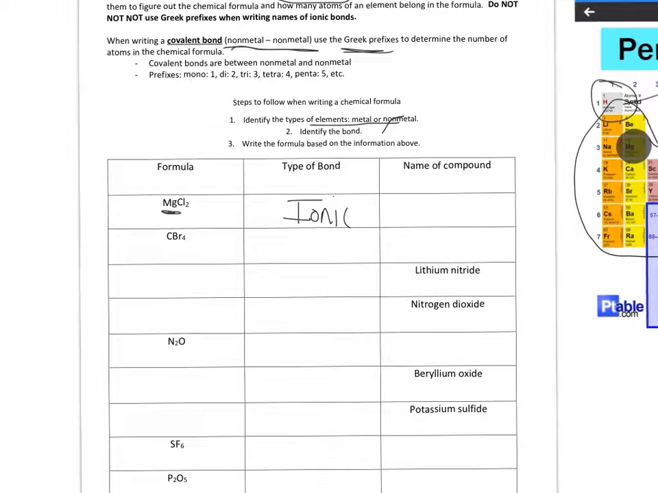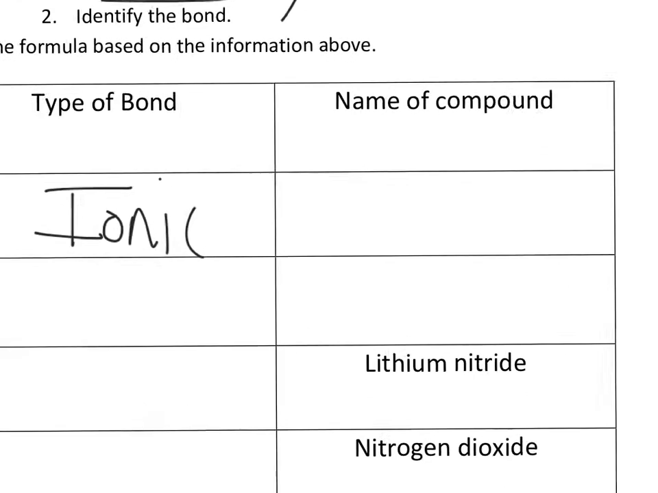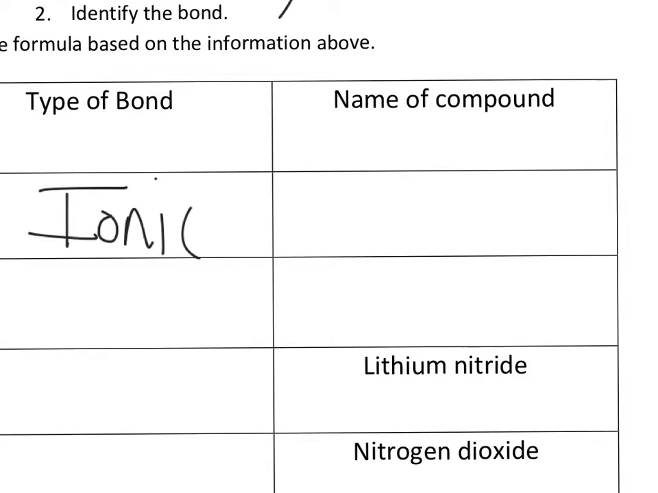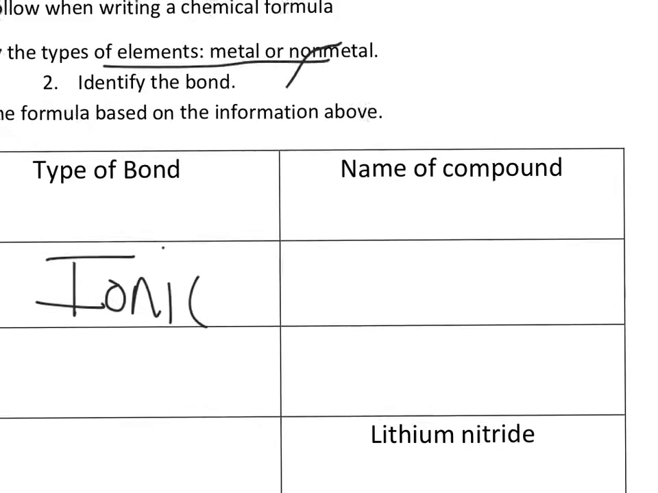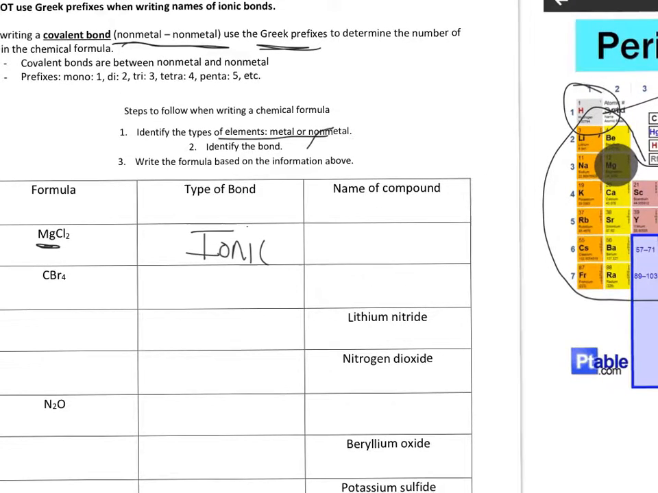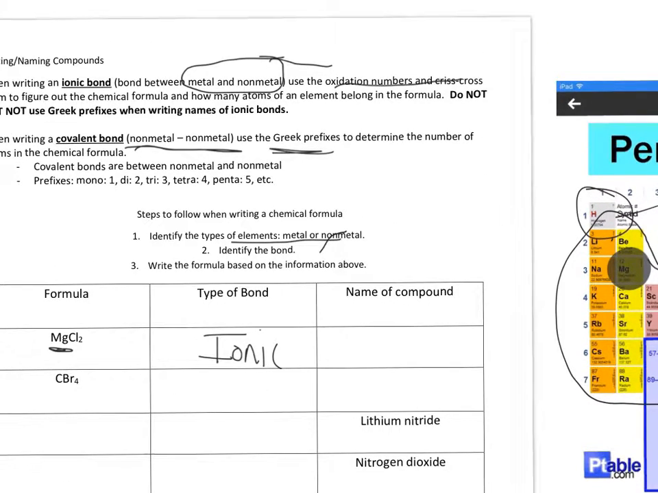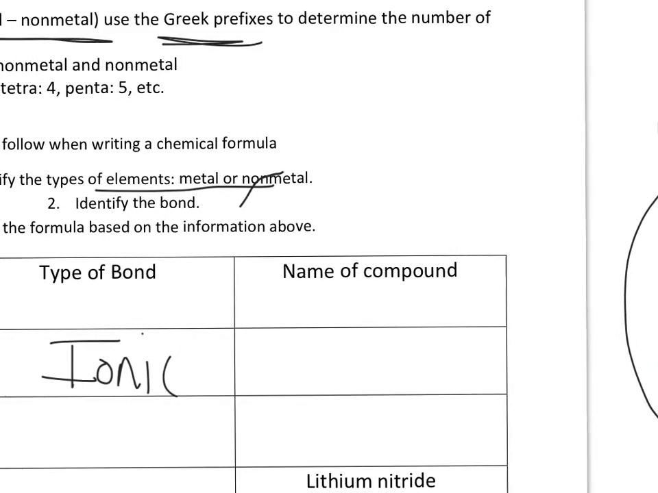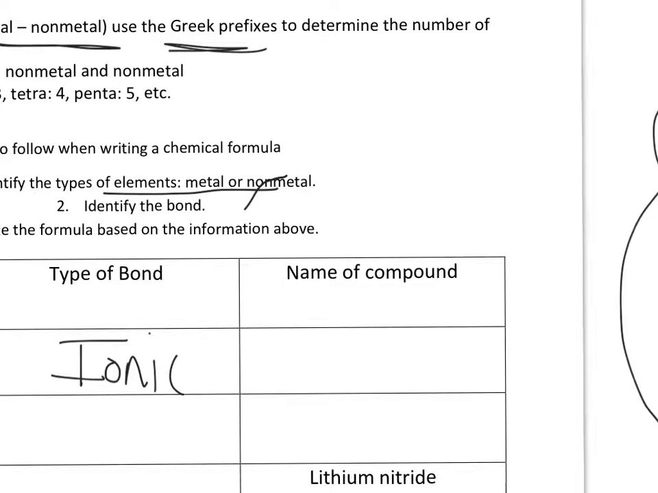So I have an ionic bond. Now, when I name the compound, I do not use the Greek prefixes. That's for a covalent bond. Do not use Greek prefixes, because that is always going to be the formula for when magnesium and chlorine bond. When you write an ionic bond, it would just be simply magnesium